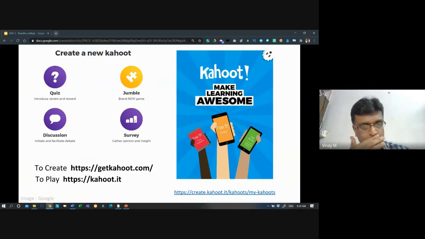The advantage with Kahoot is only one. For the remaining, you can just log in and create it similarly. When you know Mentimeter, when you know WooClap, you can do Kahoot also. But the advantage is this can be given to the students without our presence. I don't need to be present in the online mode. See, with WooClap, I have to be present. I need to show the next question. In Mentimeter, I have to be present. Next question, I should show. Then only you can answer. But in Kahoot, I can do that.